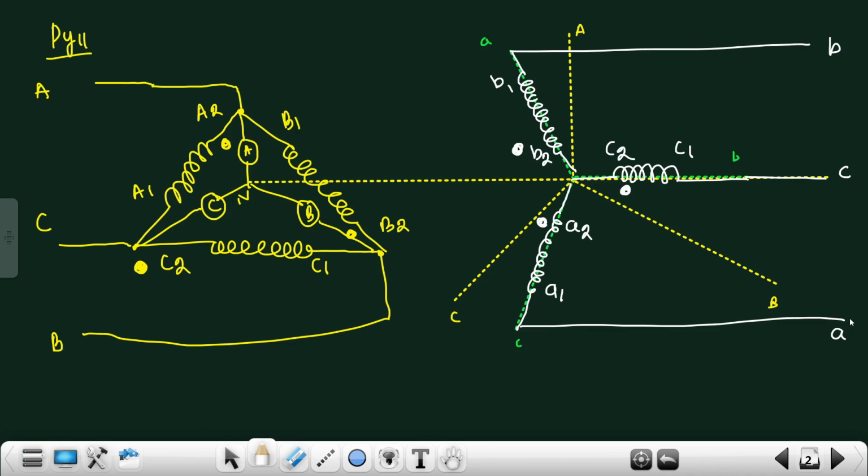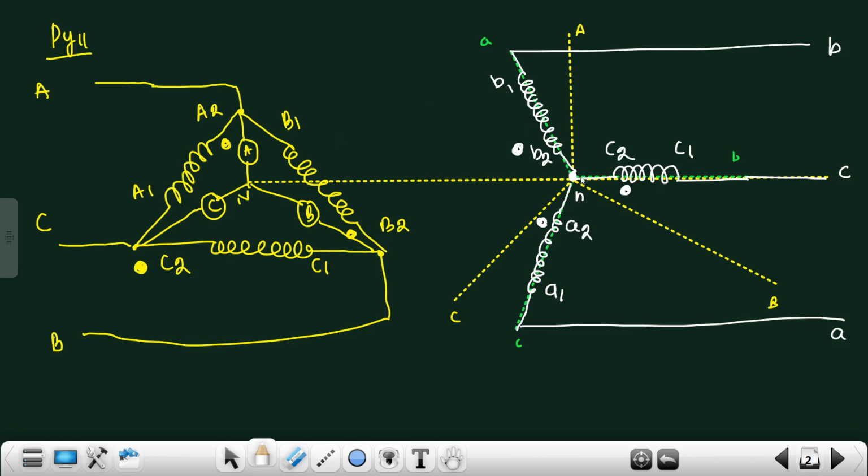But what is the problem here is that A2 B2 C2 is shorted at neutral point N and output is taken from A1 B1 C1 terminal. But on the supply side we have taken output from A2 B2 C2 terminal. So comparison is not possible because here output is taken from the A2 B2 C2 terminal and here output is taken from A1 B1 C1 terminal. So in order to make the comparison possible, we have to take the output from the A1 B1 C1 terminal, because here we cannot take the output from A2 B2 C2 terminal.